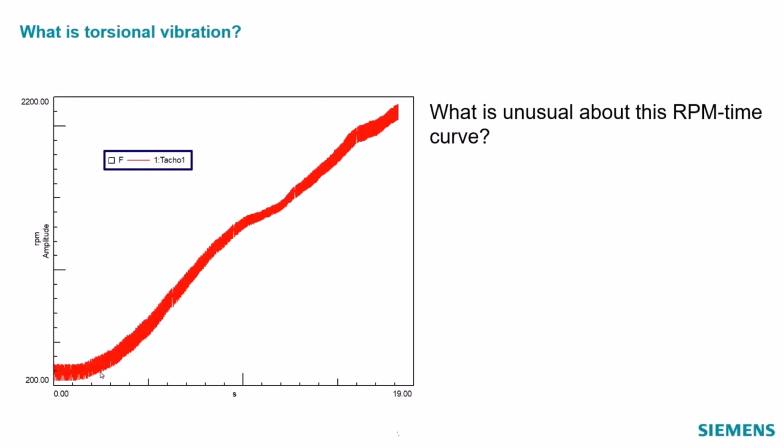Here I have a trace, which on the y-axis we have RPM, along the x-axis we have time. And we can see that the RPM of whatever I'm measuring here is increasing over time. So this could be a pump, a motor, whatever it happens to be. And as the question says here, Charles, and this is the interactive part, it's you and me talking. Okay. Anything look a bit unusual about this curve to you?